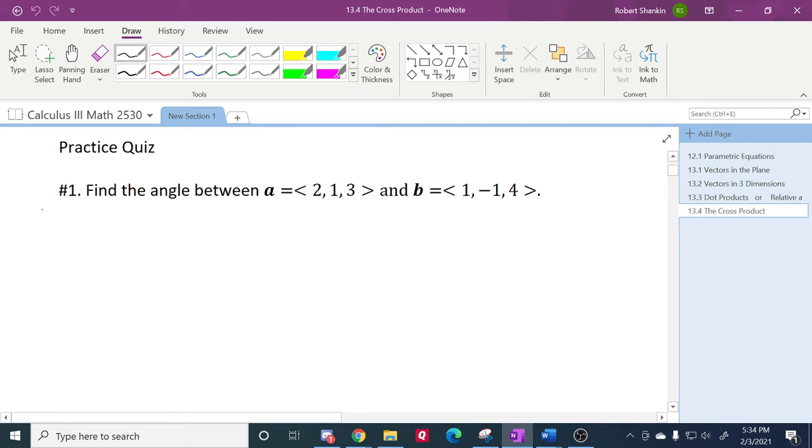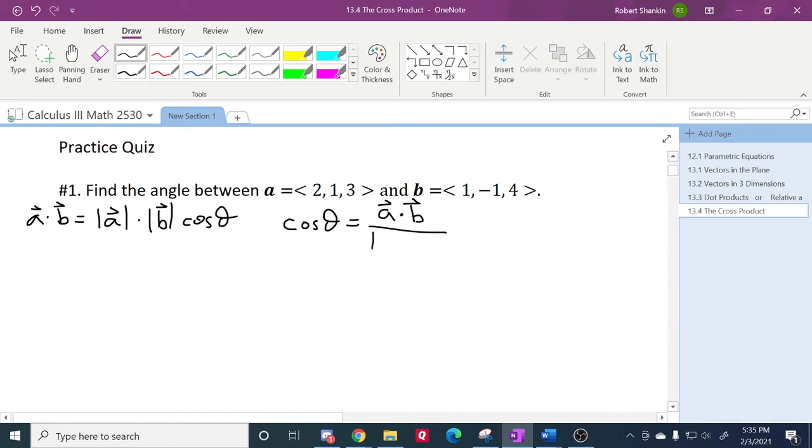Alright, so the definition of the dot product is the magnitude of A times the magnitude of B times the cosine of the angle between them. Because of this, the cosine of the angle is the magnitude of the dot product of A and B divided by the product of their magnitudes. So cosine of theta